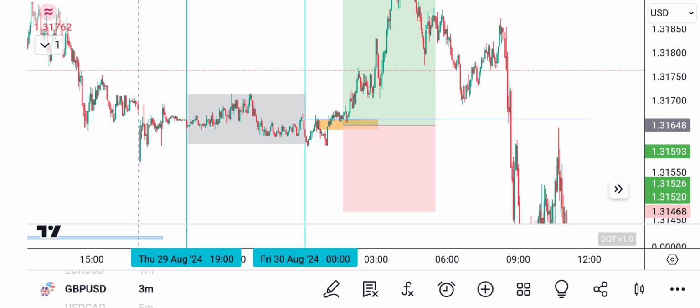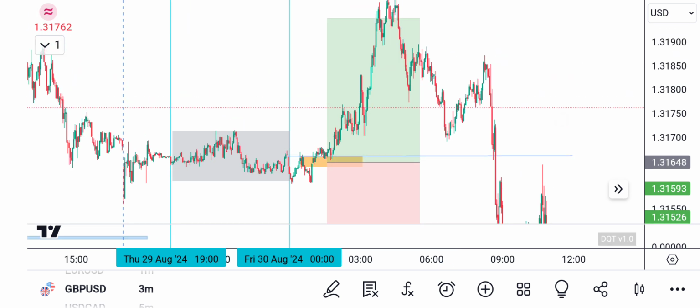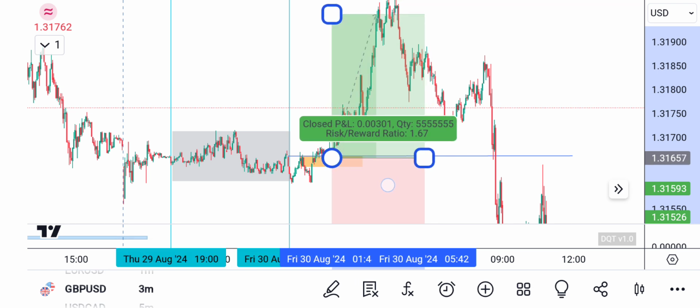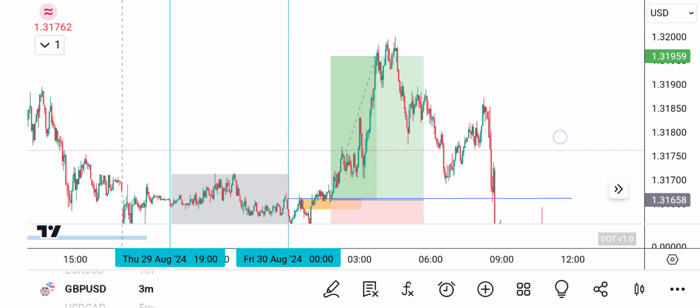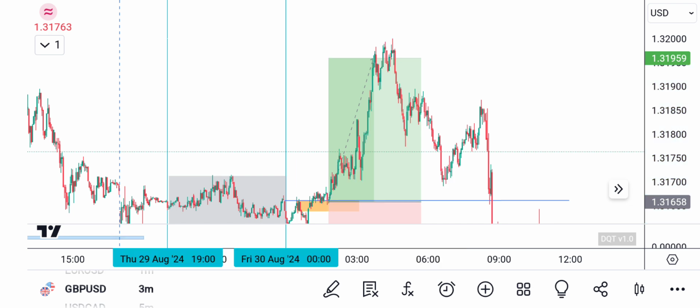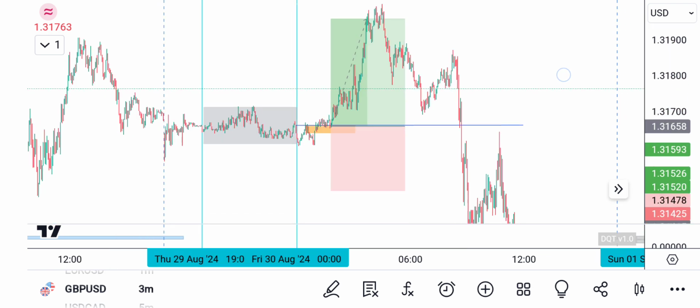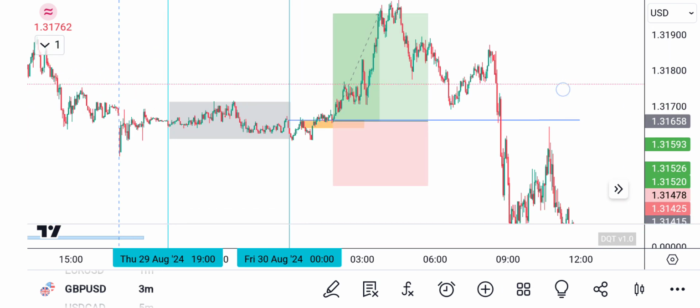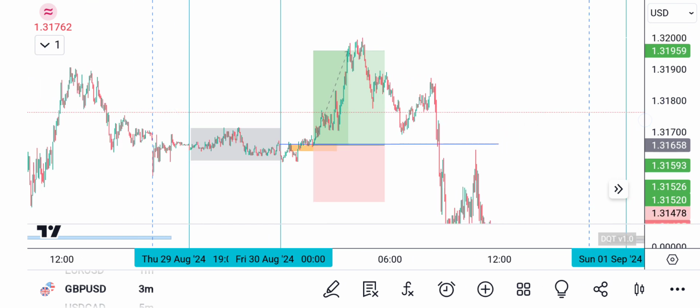See, you could be buying at this midnight open price or below the midnight open price. How many pips is this? 30 pips, and you are good for the day. So if you can be trading only this strategy, trust me, you are going to make a lot of money